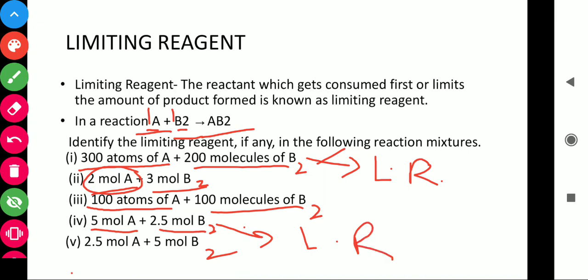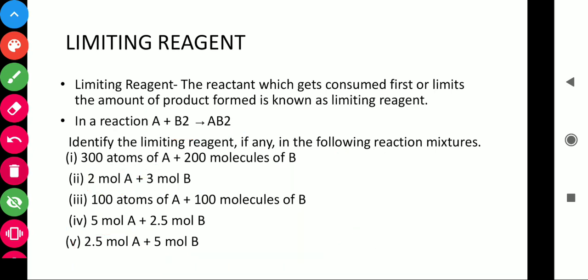In the last one you can see 2.4 mole of A and 5 mole of B2. It means A is the limiting reagent. Whichever is in a lesser amount than its requirement, we will call that the limiting reagent. You will do some more numericals from your NCERT book on the same concept. Okay,